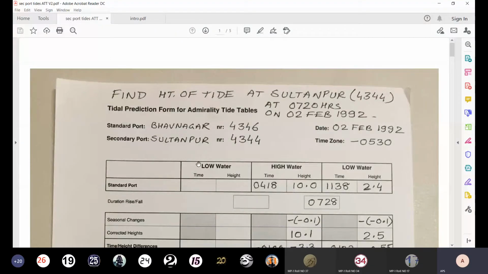So first you'll have to write standard port name number, secondary port name number, date, time zone. Time zone is very rarely required unless you want to calculate the time in GMT or